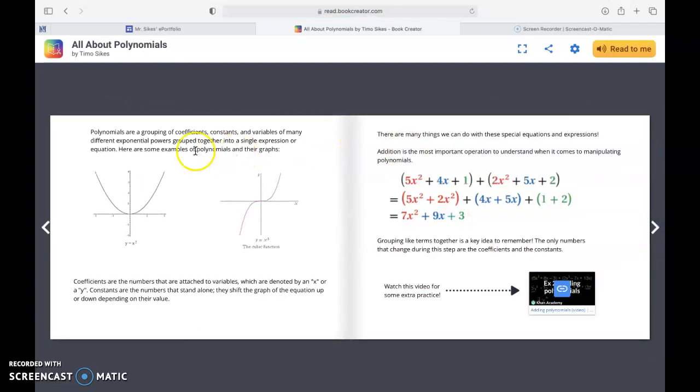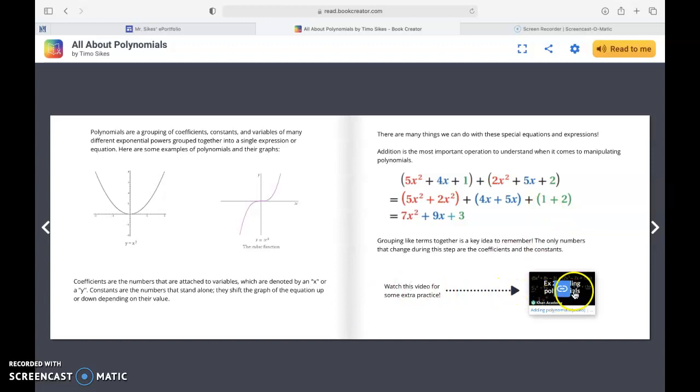Polynomials. Started off by introducing some popular polynomials people could recognize. Talked about coefficients and variables, and then moved on next to addition. It's pretty important. Talking about grouping like terms together. I like this picture because of the same colored like exponents and stuff. So like the x squared and the x squared are next to each other, and the 4x, 5x, the 1